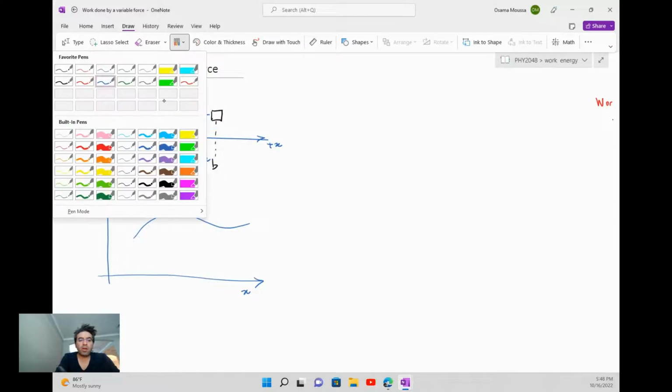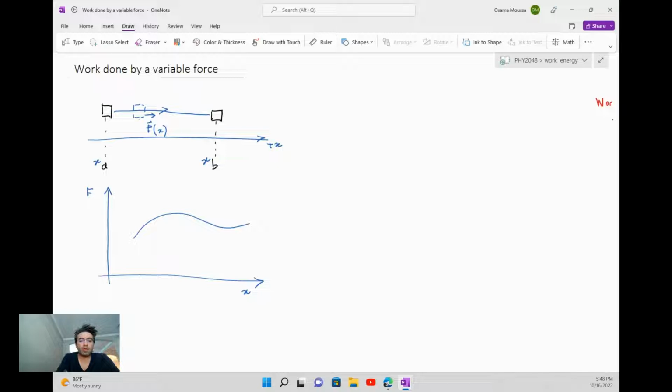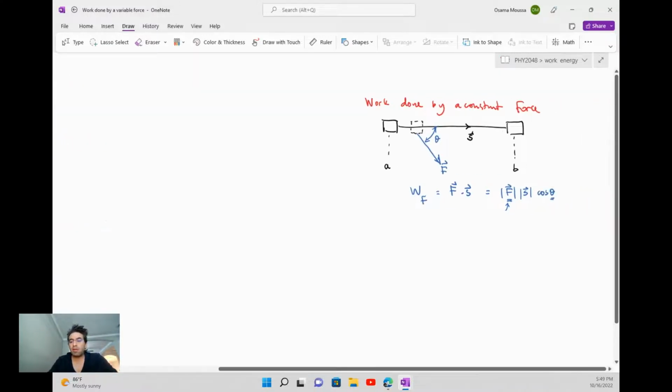Now, what I could argue is that at some point here, at this particular x, if I take a small enough infinitesimal displacement delta x, then I can argue that the force is really roughly constant in this location. That this force at this particular location x is roughly constant,